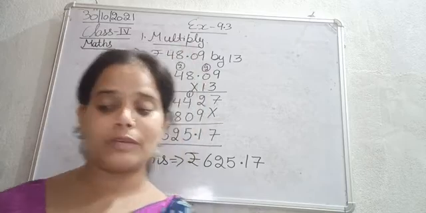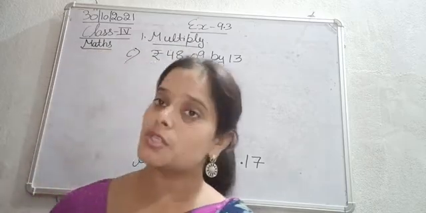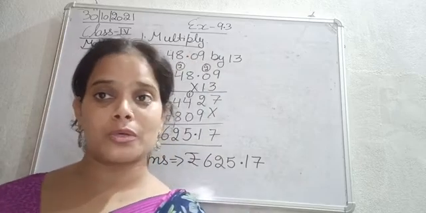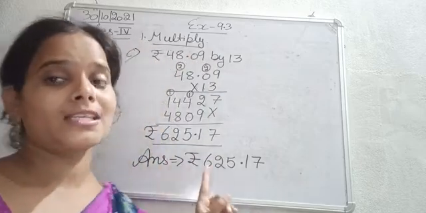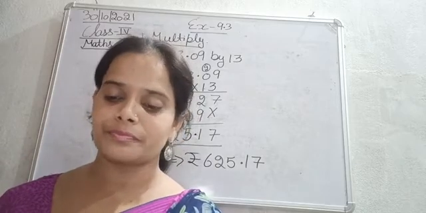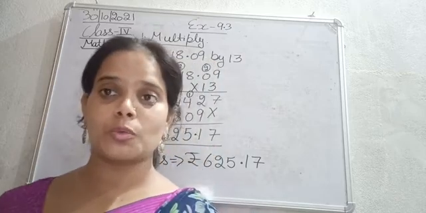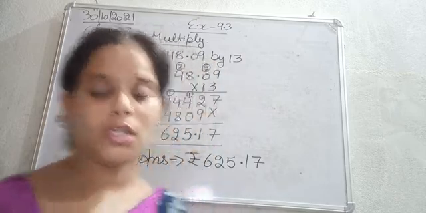Similarly, in the D part, we will multiply 13 rupees 83 paisa by 67. So this is also a multiplication by 2 digit number that we are going to solve like this. So this is your homework that you are going to do part D by yourself. Clear? चलिए. So question number 1, part D, you will do by yourself. So let's move to question number 2.